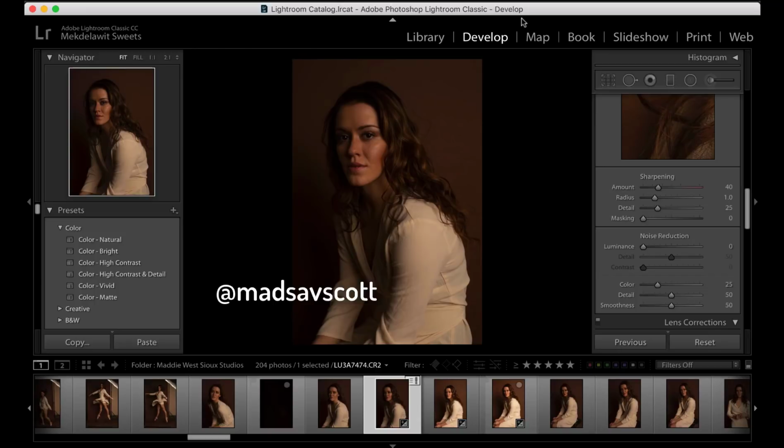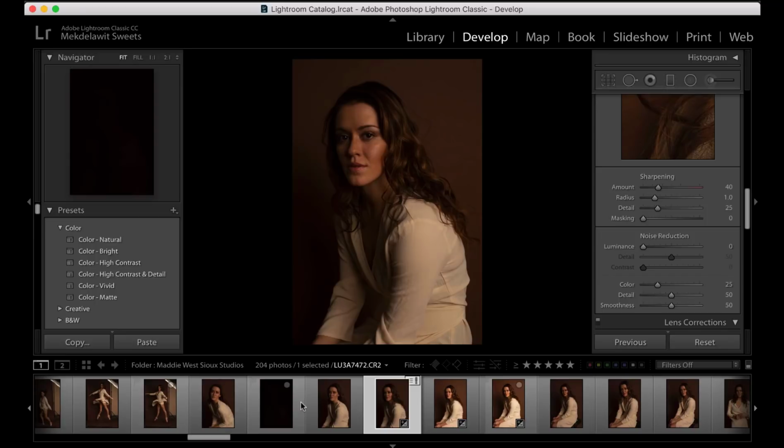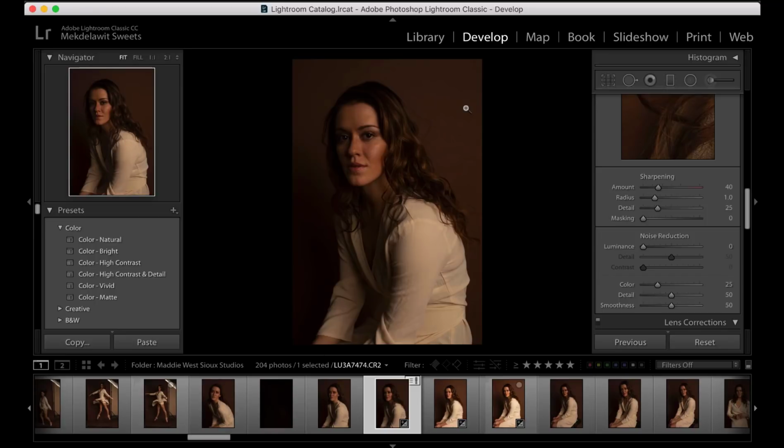I had photographed her in the studio dancing, and then afterwards I had asked her to sit down for a headshot. And after I uploaded the images on the computer, I noticed that I didn't do a good job of checking for flyaways and stray hairs. After all, she was dancing. And so I thought this would be a great image to show you how I like to edit that out